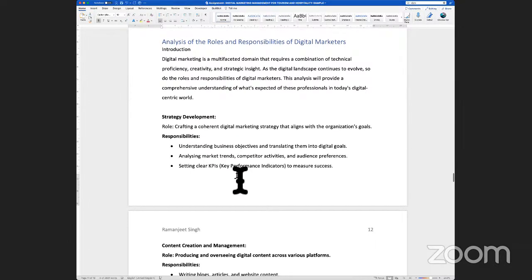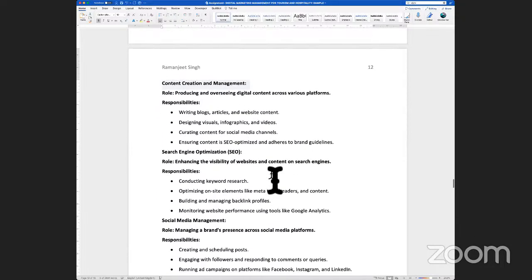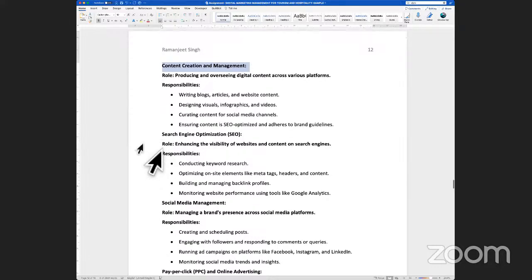So somebody could be a digital content creator. You could be just managing the content and creation. That means you write copy for a particular page, you create a write-up for a blog, you create a write-up for a particular property or how it needs to be positioned. And that is all done by content creation and management people in digital marketing. Then you have people in search engine optimization, who will be optimizing the websites and their properties so that they are visible on the first page of Google.